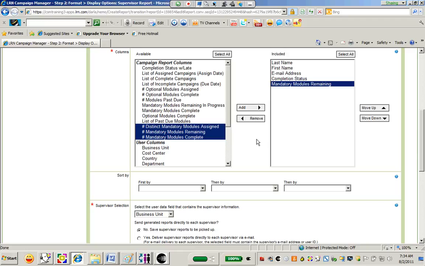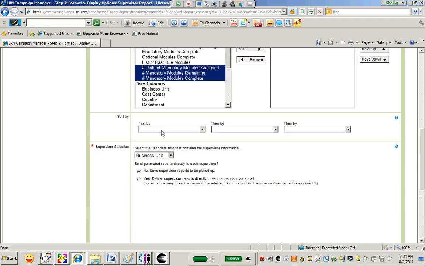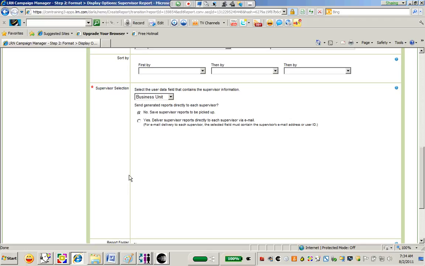I have the ability to sort the report. But this right here is where you set up your supervisor report. Select the user data field that contains the supervisor information. That's why it's very important